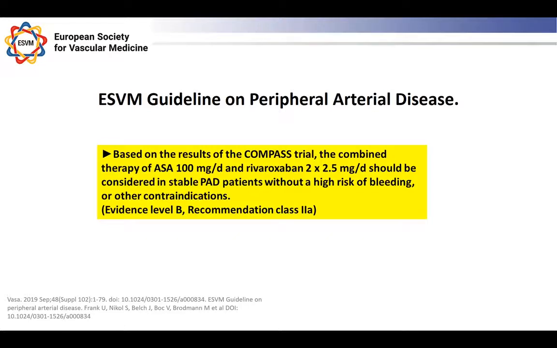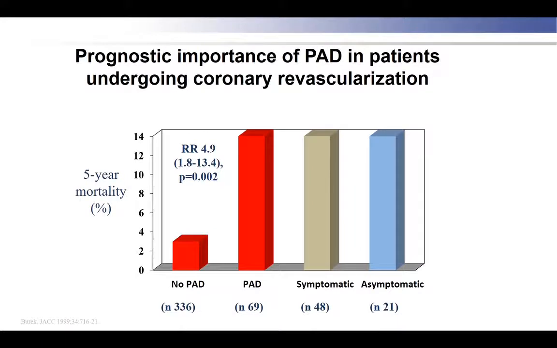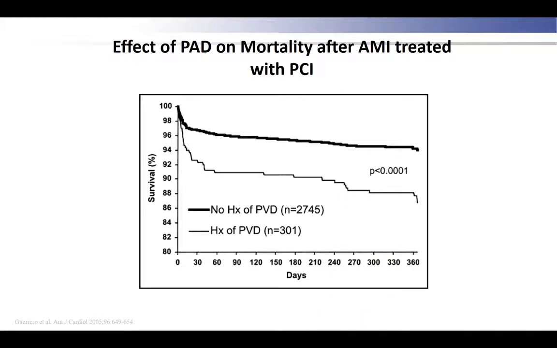Now, why is this important to you as cardiologists? I hope some of you will become vascular physicians, but if you're not, it's still important because the outcome of your patients who have coronary disease and PAD is very poor. Here's CABG, here's angioplasty, and you can see the outcome is really not very good if you have PAD. Same thing being shown, but also you note for asymptomatic patients, patients who just have a low ABI and who don't claudicate, possibly because they get angina beforehand. And also the outcome after MI is worse for these patients, again probably linked to the burden of atheroma.